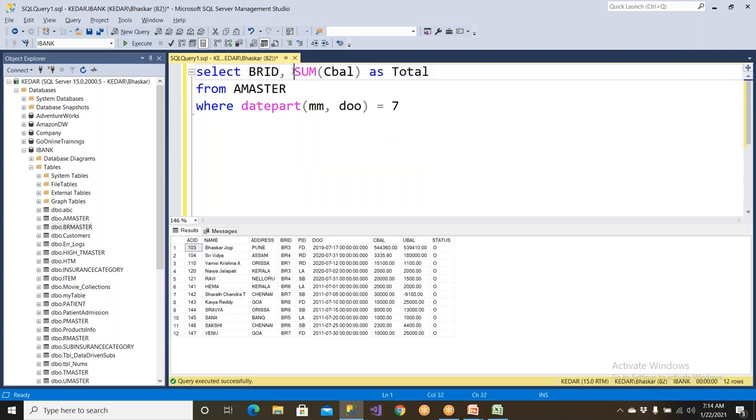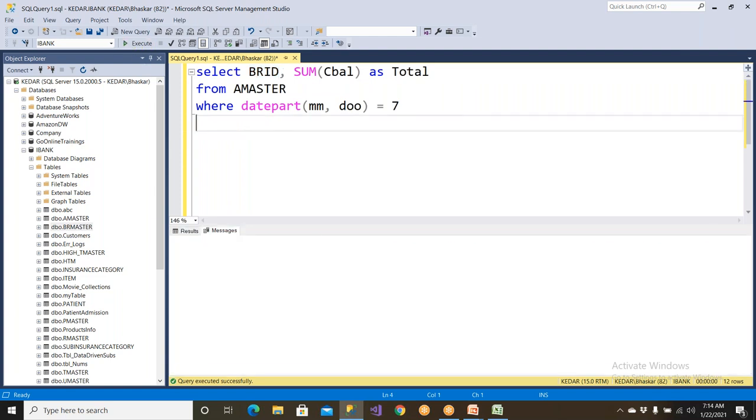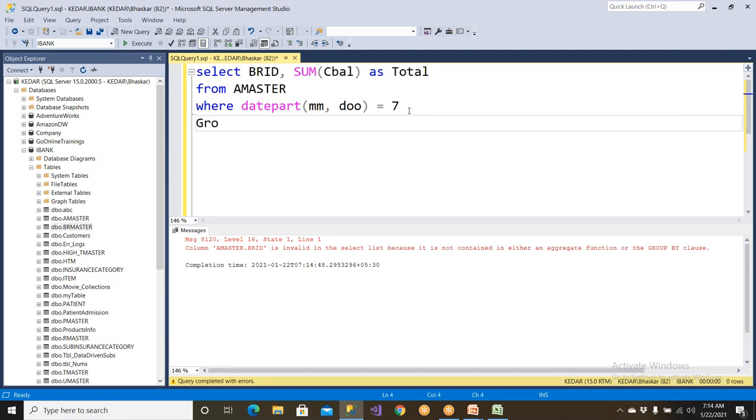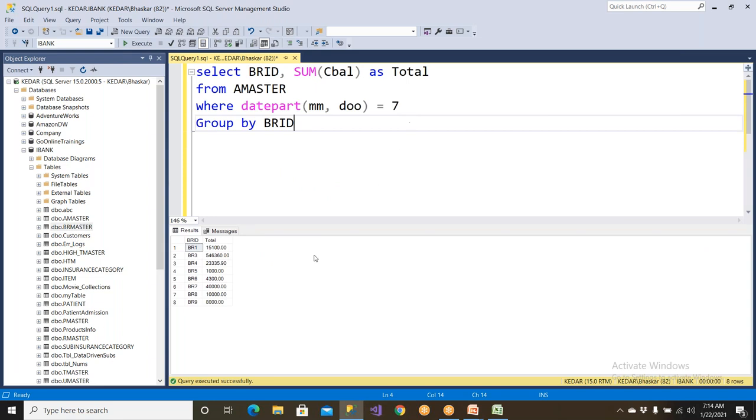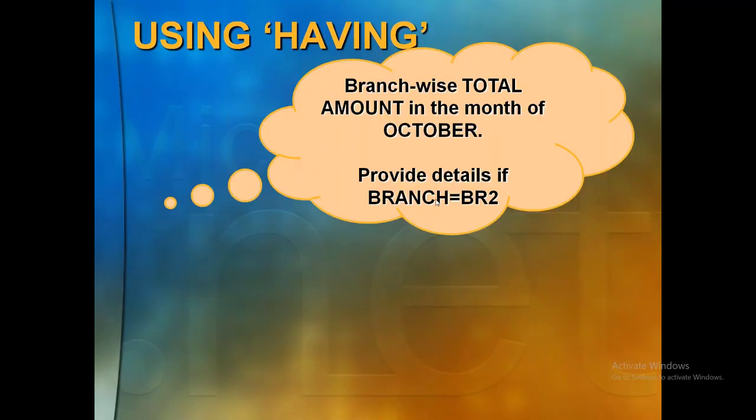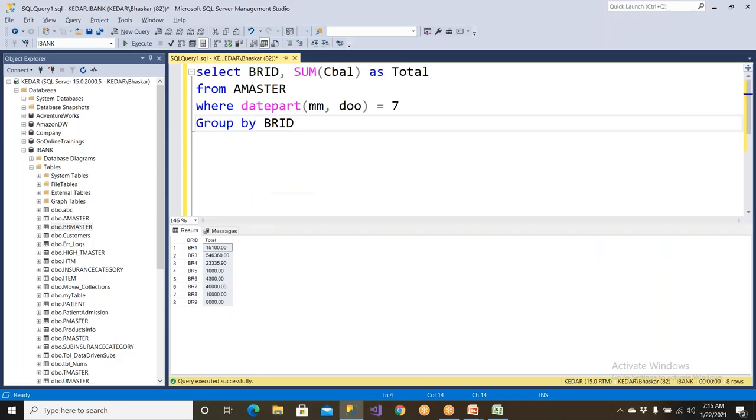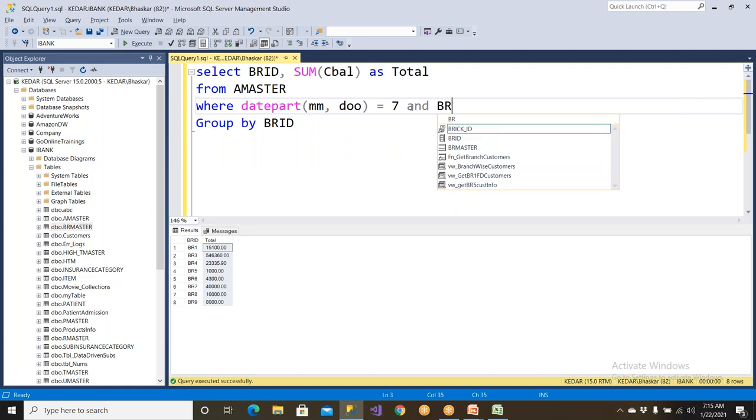Will this work? Apart from the aggregate, any column you have has to be there in the group by clause. Otherwise, it is not going to work. So group by branch ID. It is giving you branch wise total amount. This is fine. But I'm saying after this, provide details if branch equals to BR2. They only need branch BR2 data. So what I can do, I can go and write like this, because branch is equivalent to BR2,